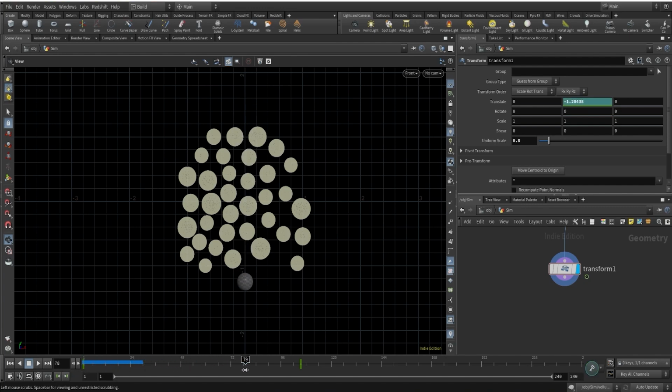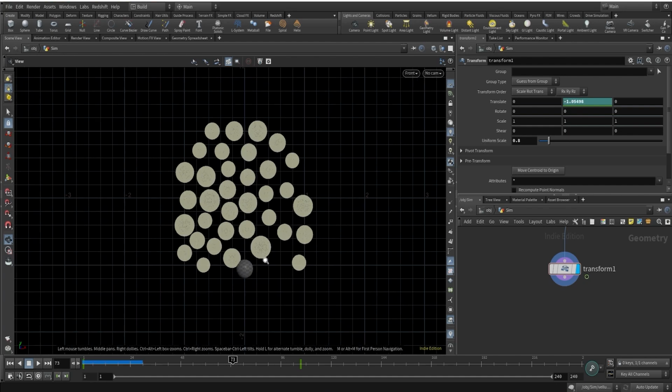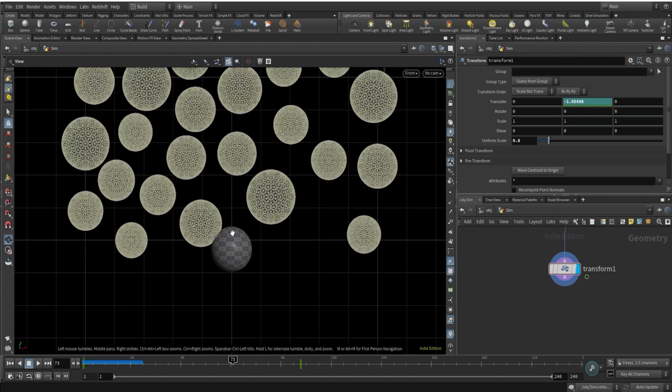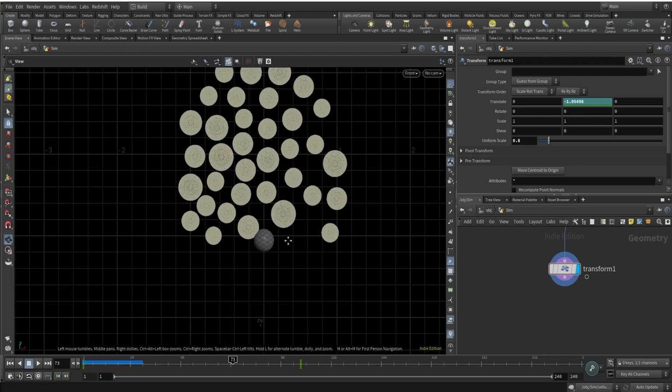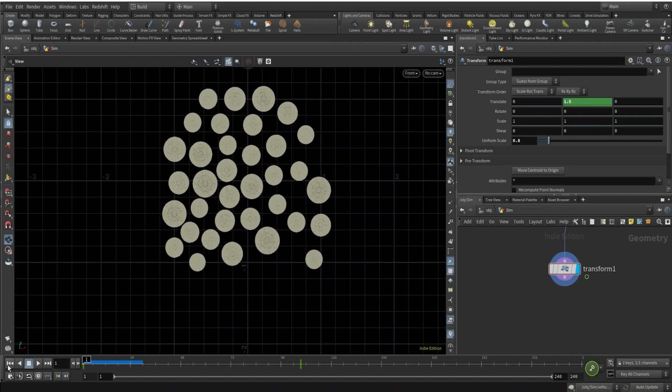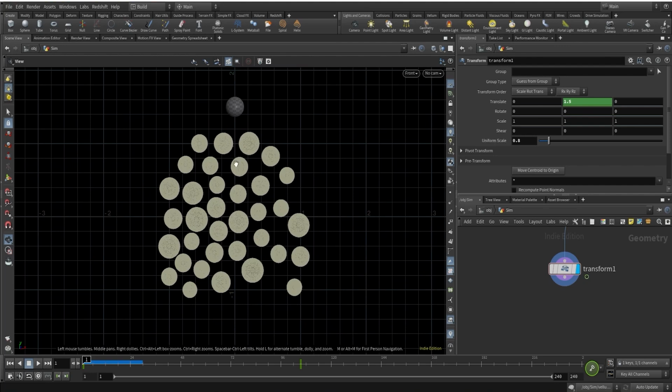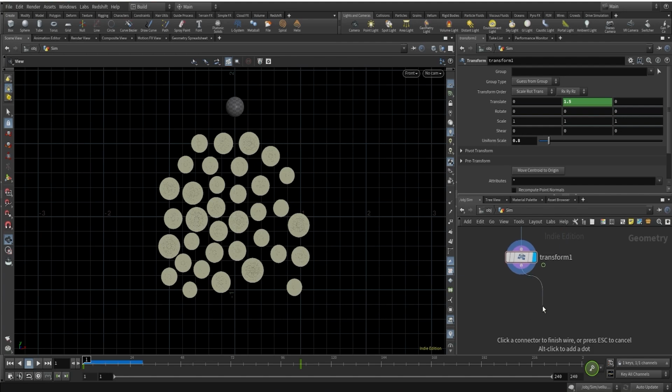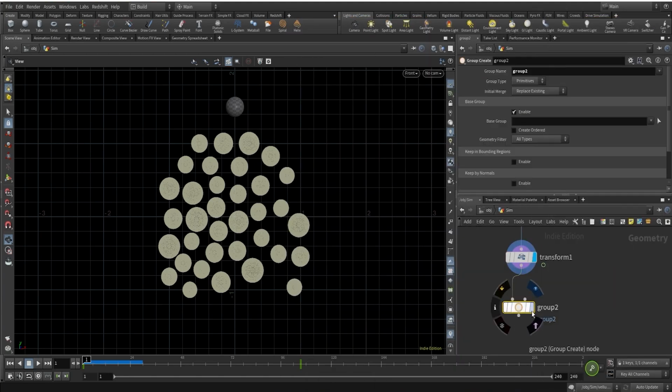But this animated sphere is not going to work like a collider. We want this sphere to get affected by other spheres as well. So we will create Vellum balloon constraints for this sphere as well, so that all of them can affect each other when they collide with each other, when they interact with each other. We want all the spheres to affect each other. So that is that. Let's create a group, and we want the sphere to be in a group as well. Let's name it anim sphere,